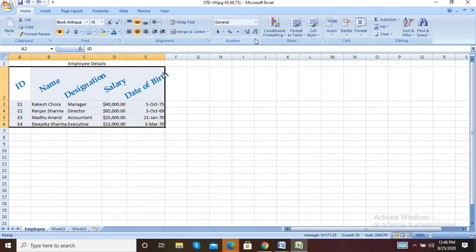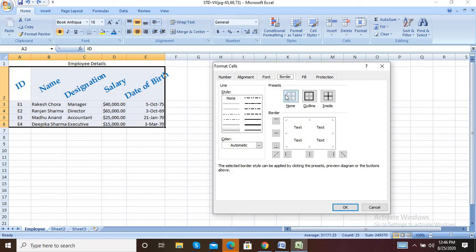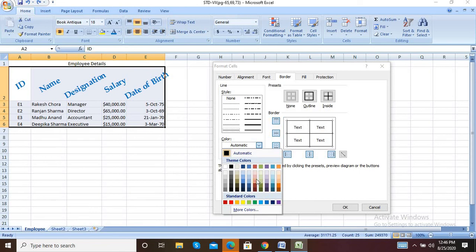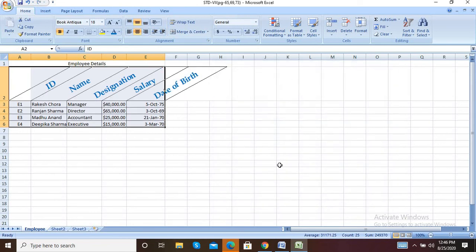Selecting the table, go to number format, border, all borders, select the color, click on OK. OK. So it is shown like this, all the borders.